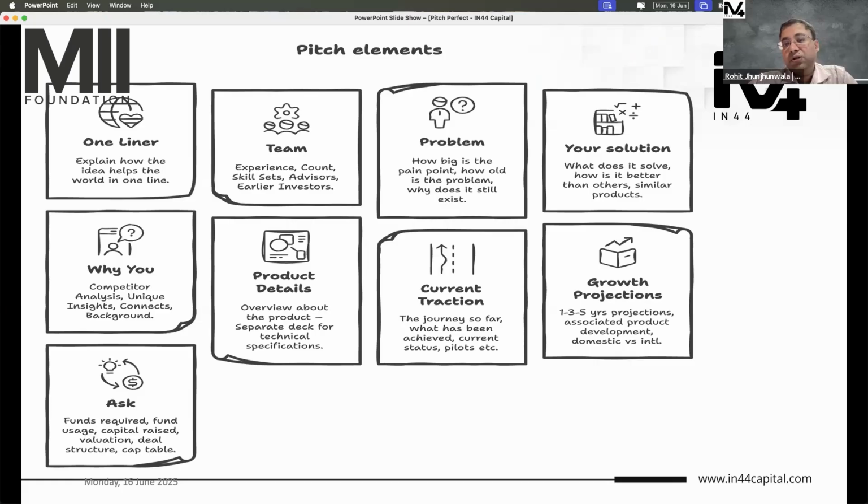So these are the questions I will definitely ask. Any investor will ask you, because these are the basics of understanding what business you're planning to run. And I'll again tell you, a product is not a business. If you're saying, sir, I will build this, that is not going to help me at all. You can build whatever you want, but can you sell it? Can you build a business around your product? That is very important. You have to figure out how you are going to make money, and how you are going to make more money than you spend. Essentially, a business has to be that, right? So figure those things out and put that in a pitch deck.